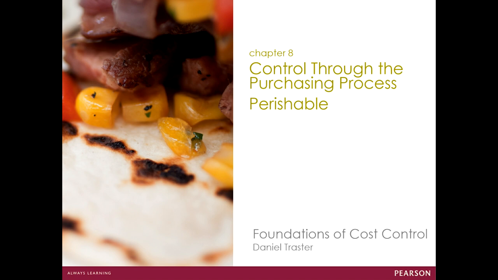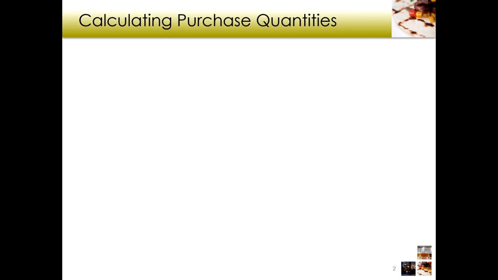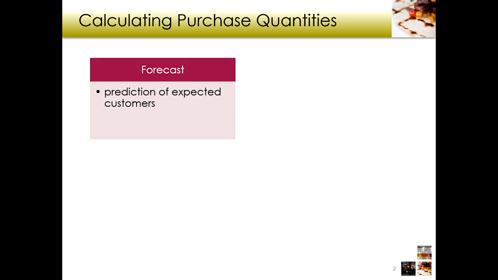Hey everybody, welcome to our next video in Control Through the Purchasing Process, and we're going to talk about perishable food items, so food items that are going to go bad, produce, that sort of thing. What we're going to do in this video is show you how to calculate what you need and how much to order. So the first thing you're going to need is your forecast,